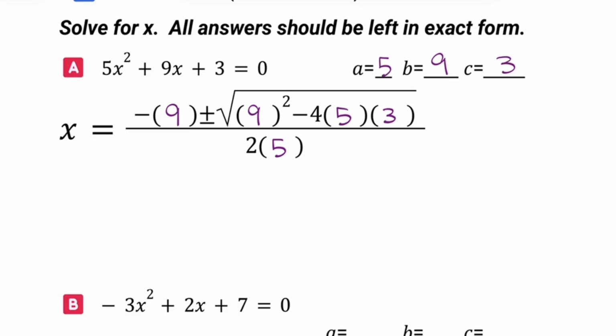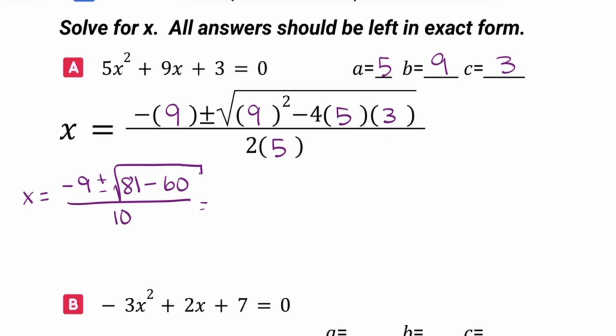Now you're going to do the math like we did yesterday, but instead of writing out every single step, we're going to square and multiply in the same one. So you have negative 9 plus or minus the square root of 9 squared, which is 81, minus 4 times 5 is negative 20, times 3 is negative 60, all over 2 times 5, which is 10. Now, I have negative 9 plus or minus the square root of 81 take away 60, which is 21, all over 10. You get to leave the answer just like that because they wanted our